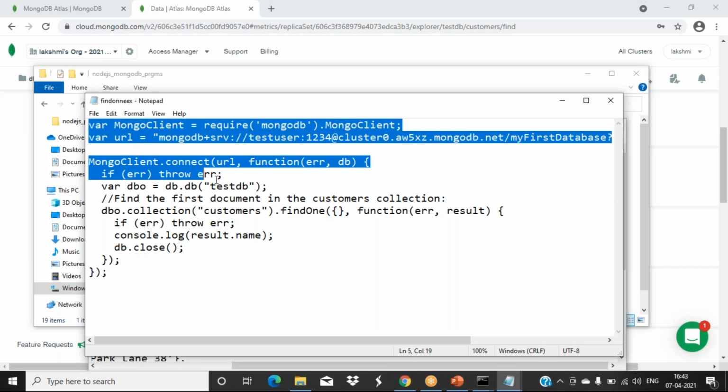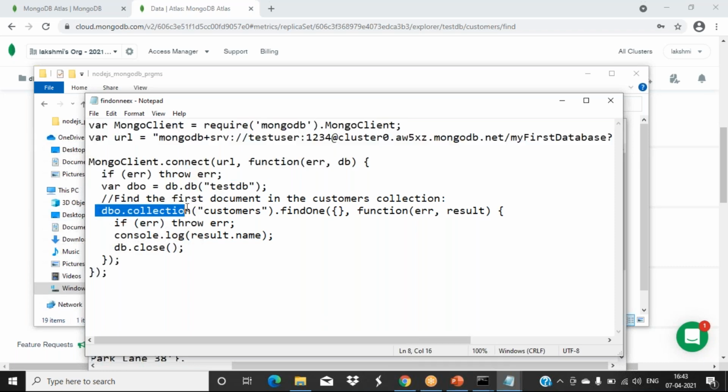These things are all the same. We refer to our collection customers. Now in the customers, the operation you want to do is selecting the values. So findOne. It will show only one particular value. The curly braces that we have shown mean that one object's properties you want to retrieve.